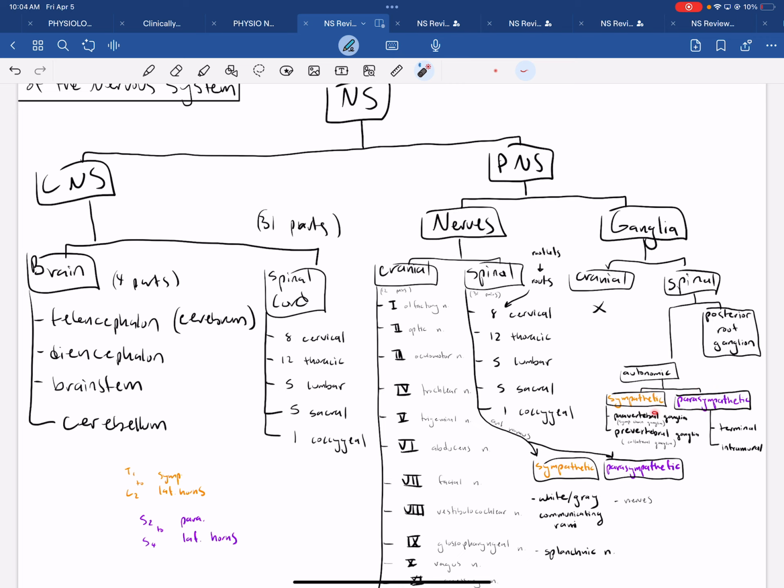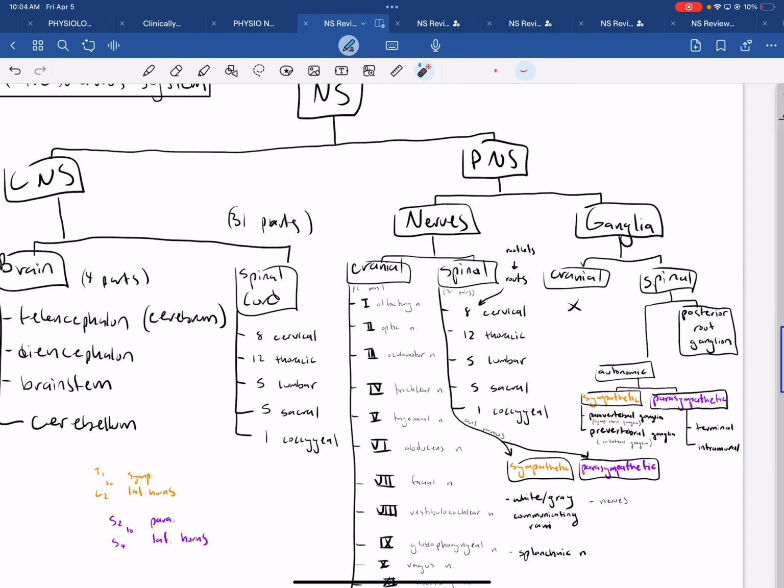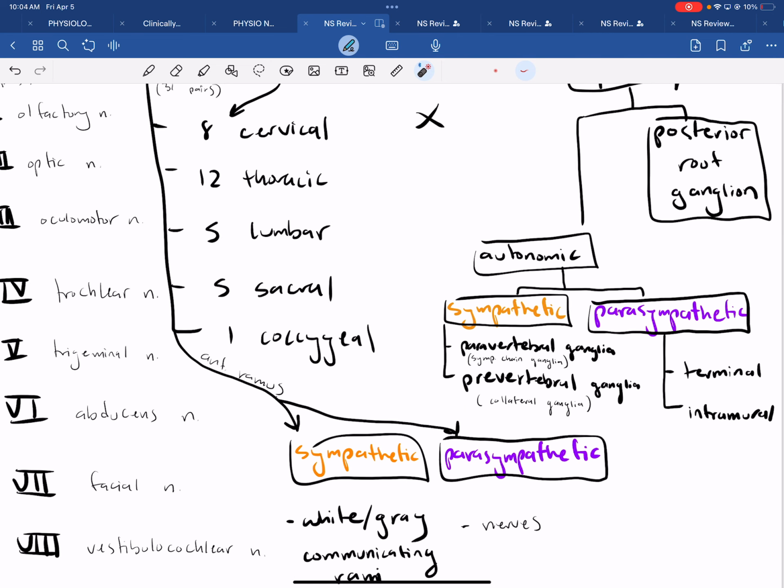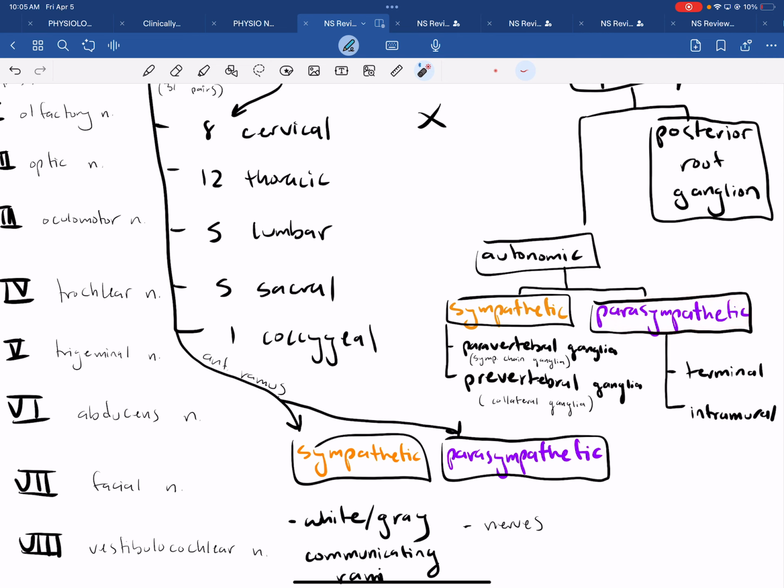Well, what kind of sympathetic? Well, there's paravertebral. Those are the sympathetic chain ganglia. And then there's prevertebral. Those are the collateral ganglia. And then there's also parasympathetic. So terminal ganglia, the ones that are close to the organ. Intramural are the ones that are actually in the wall of the organ, right? So going back,